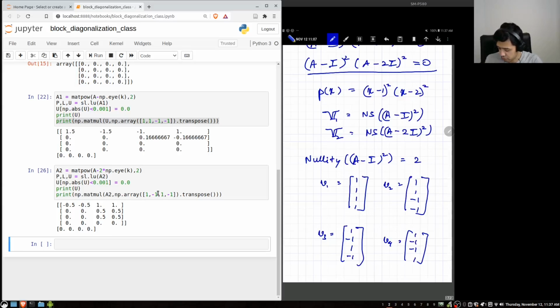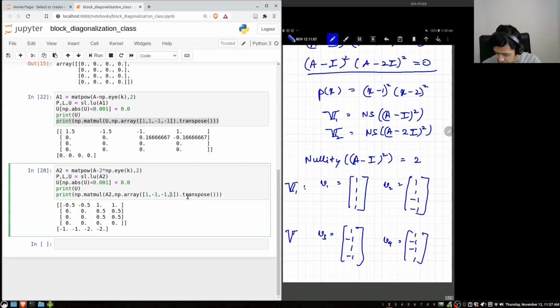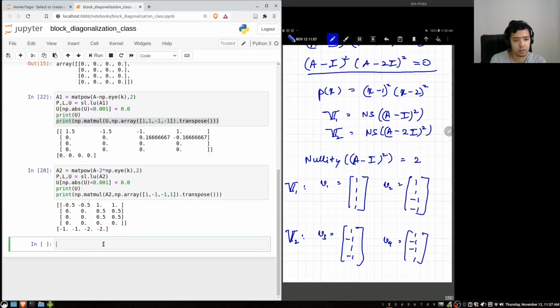So this is also equal to 0. If I take something else like this, it is not 0, right? Okay, so I have four vectors. v1 and v2 form a basis for V1, and v3 and v4 form a basis for V2, and therefore